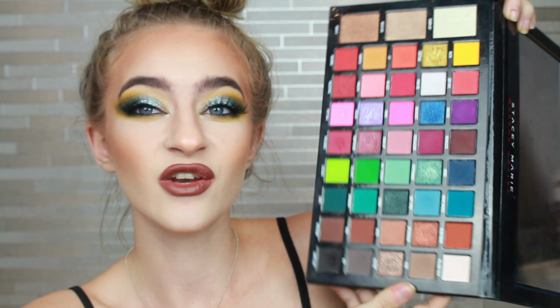Again, hitting pan in all of these shades, near impossible. I mean, I'm sure someone could do it, but I'm not that person. I'm not going to do that. The best thing about my seasonal Pan That palettes, I said in my intro, is that I'm not expecting to hit pan in all of the shades. It's more like, how much can I use it and how much use can I get in 3 months? So I really want to put this in the spring Pan That palette, because I adore this